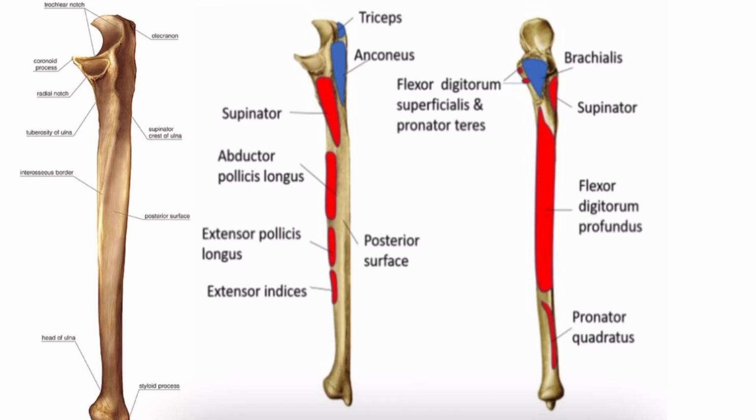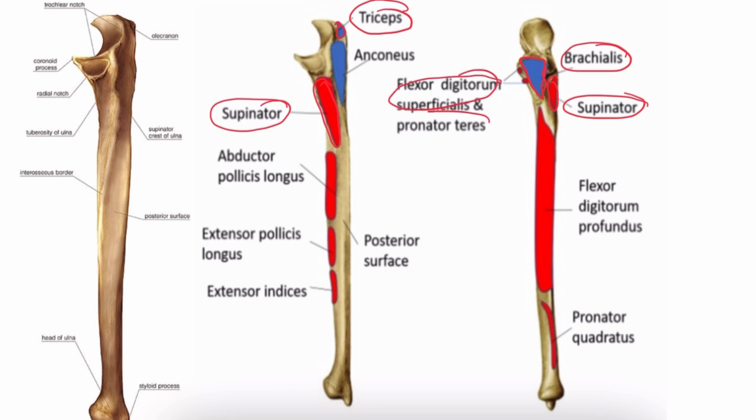Finally, the muscle attachment. The triceps brachii is inserted into the superior surface of the olecranon process. The brachialis is inserted into the anterior surface of the coronoid process, including the ulnar tuberosity. The supinator arises from the supinator crest and from the triangular area in front of the crest. The ulnar head of the flexor digitorum superficialis and the pronator teres arises from the medial margin of the coronoid